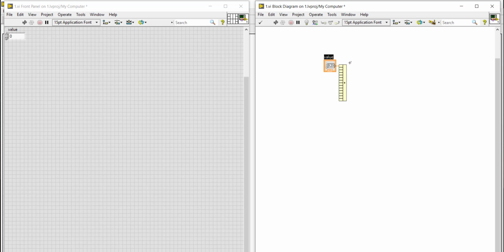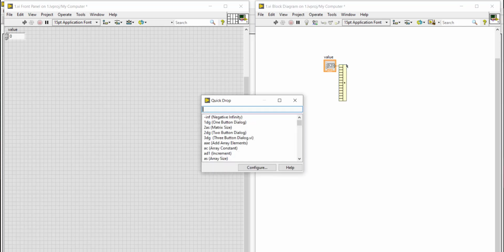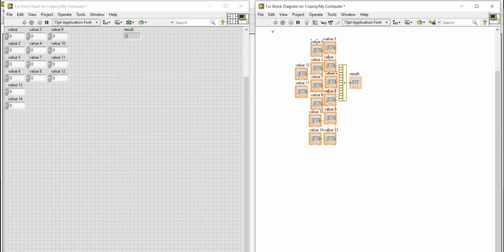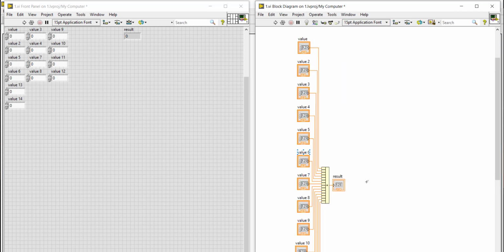You can right click here and make a control like this, one by one, and there is a shortcut here. The shortcut is to first select this and press Ctrl Space D at a time, so that you get everything in one shot. You are able to see everything in one shot. This is how you can make a shortcut.